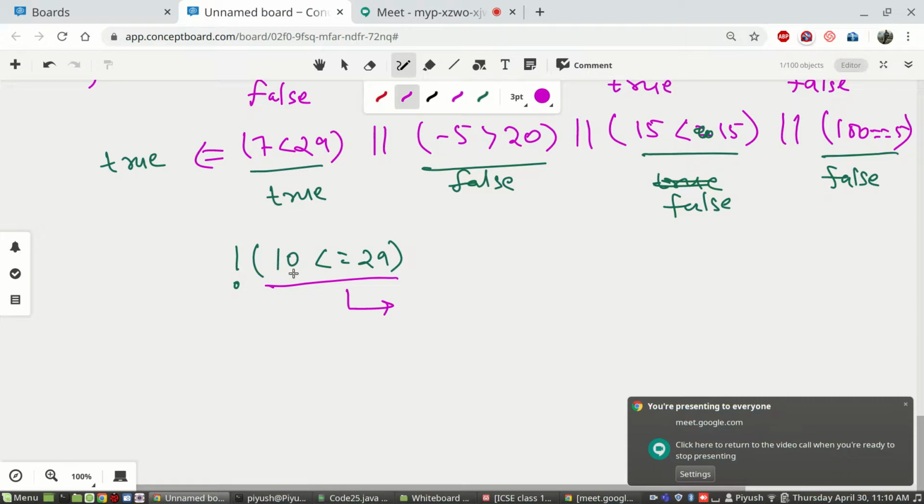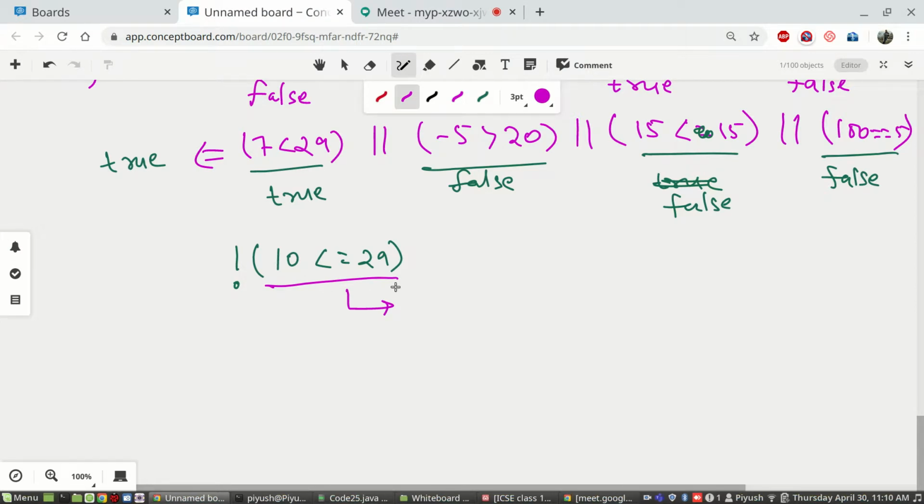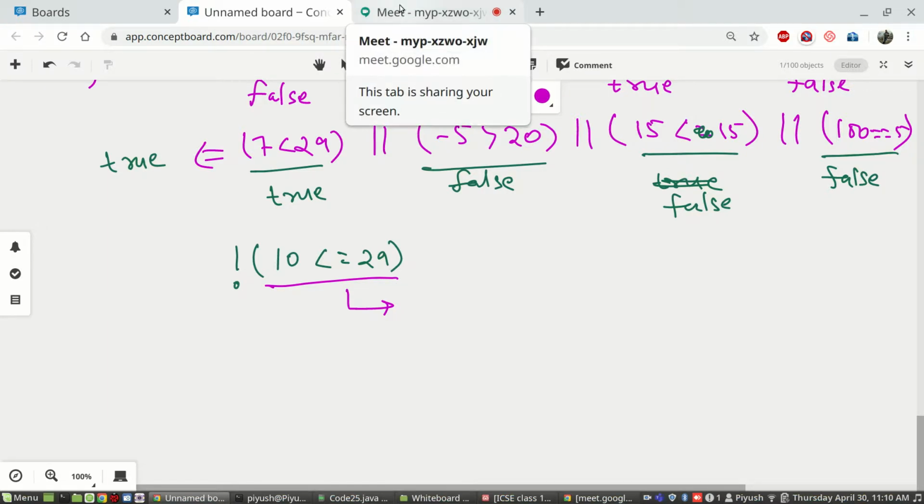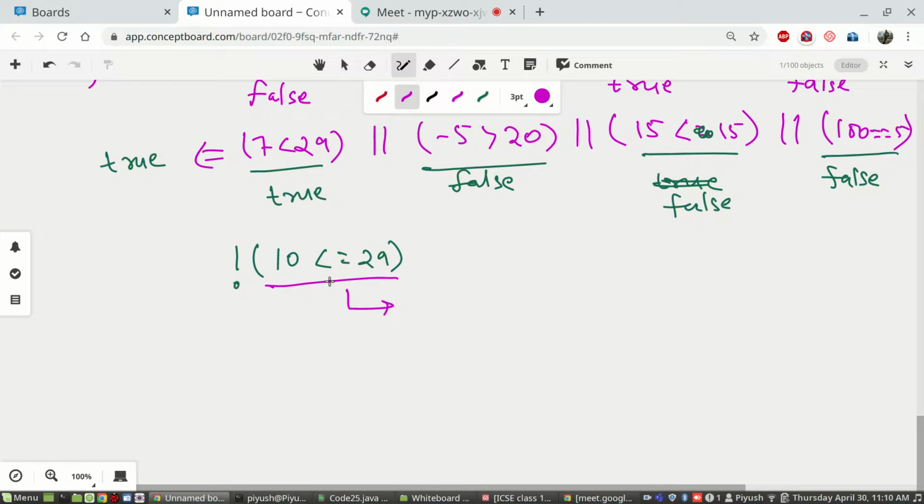No. This is a relational operator, so this condition will always result in either true or false. Okay, false maybe. Why false? See, if I tell you 10 is less than equals to 29, is this correct or incorrect?